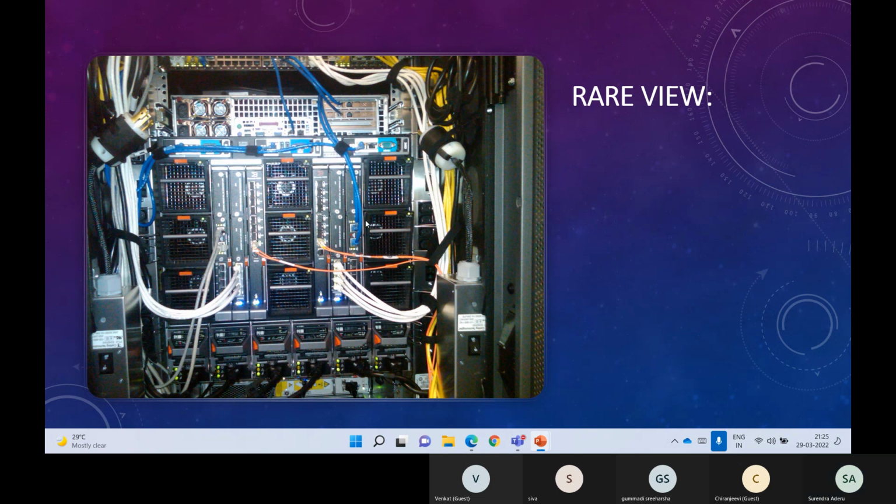right? Don't get confused about why these things are being discussed. It is not that you guys are going to work in this area or technology. It is only for the sake of understanding. If I say the power cables, the network cables, or the fans which are running, I just need you guys to visualize how they look. That is the only intention here. Clear?